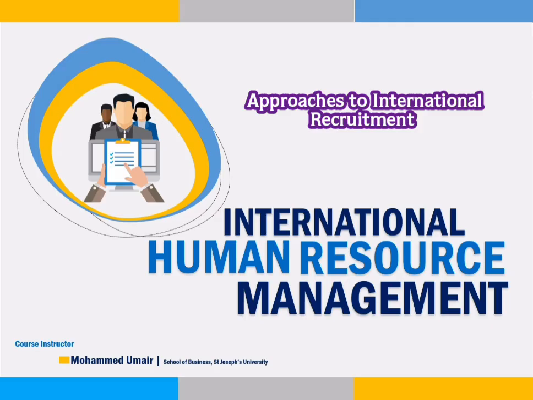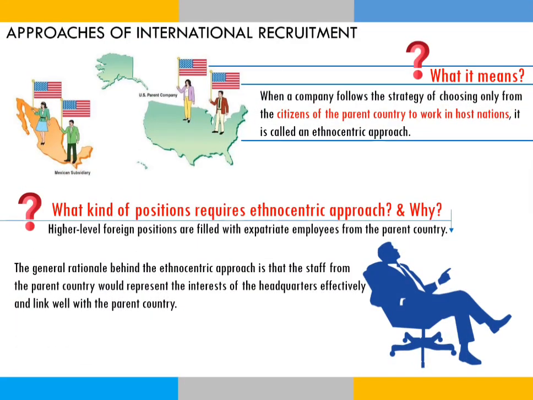Now, when you look at this slide, you will come across two countries here. One is United States and the other one is Mexico. So the parent company is situated in United States, as you can see here, the flags are also being given. But the subsidiary company, the branch, is in Mexico. So now the question is, forget about your home country. The host country where you want to do business is Mexico. That is where you want to establish your subsidiary. So when you go to Mexico, would you like to hire people from Mexico or would you like to take people from your country to Mexico?